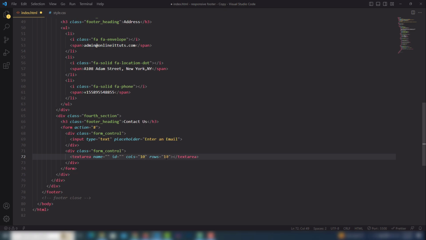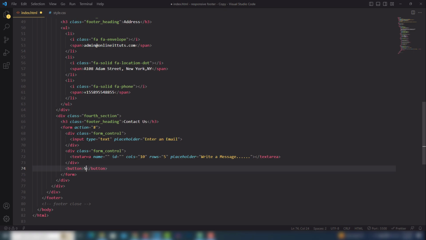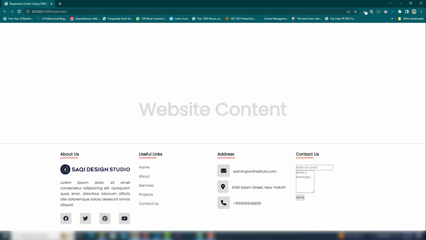I will decrease the size of the columns and rows and use the placeholder, which will be enter, write a message, something like that. And finally I need to add the button tag, send, type will be button. So let's look at that. Right,